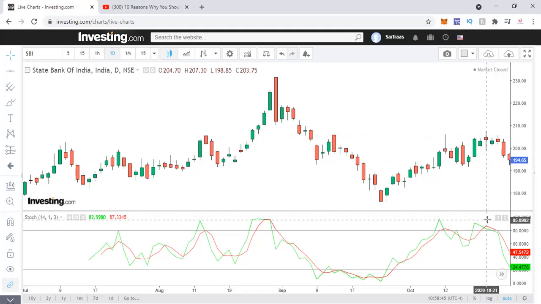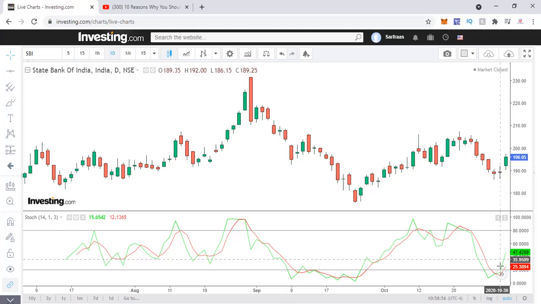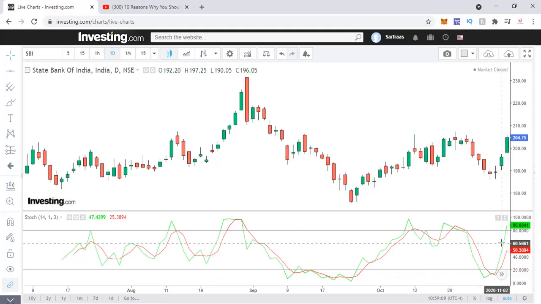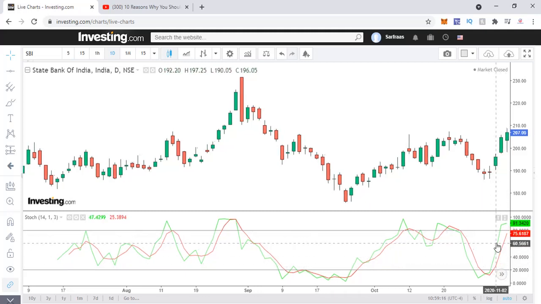So if you had to short on this crossover, on this candle, it would go down. And when this crossover turns positive, here we have a positive crossover, that means there is going to be again a rally on top. I wouldn't call it a rally, basically the prices are going to move up till we find another crossover over here. You see the prices are moving up, we don't know what's going to happen, but you can wait till this particular crossover happens.